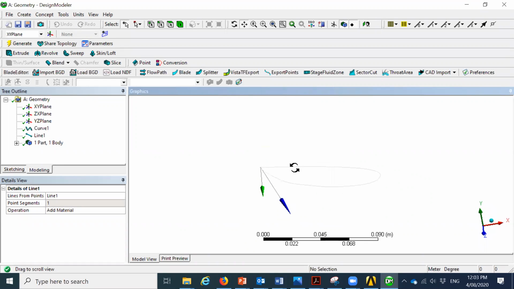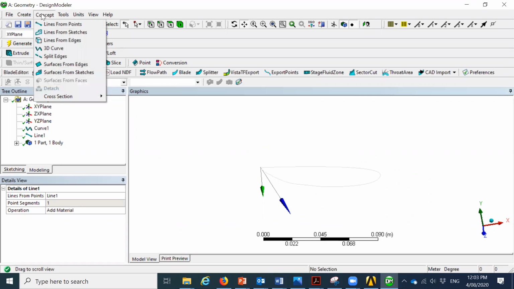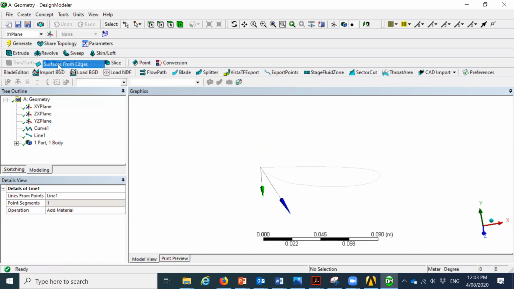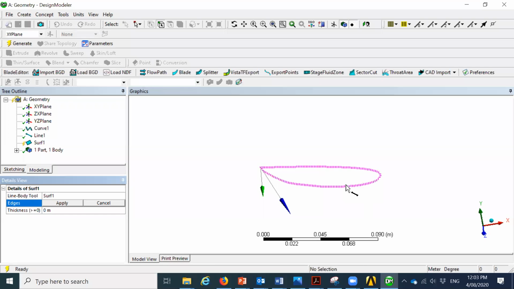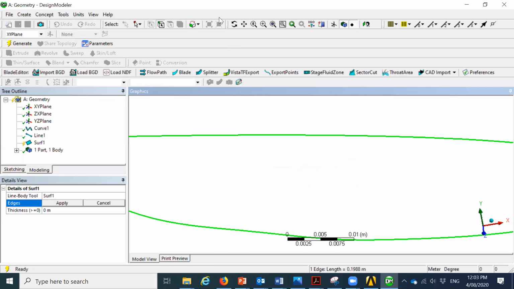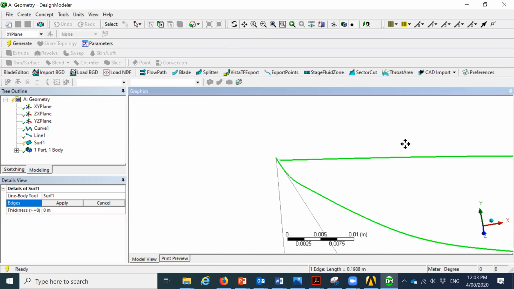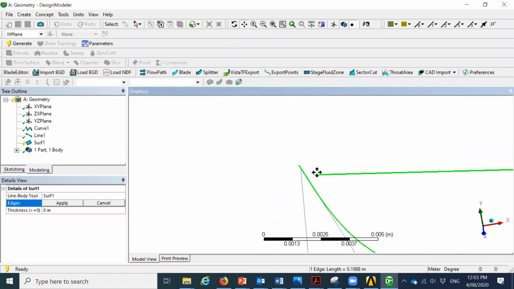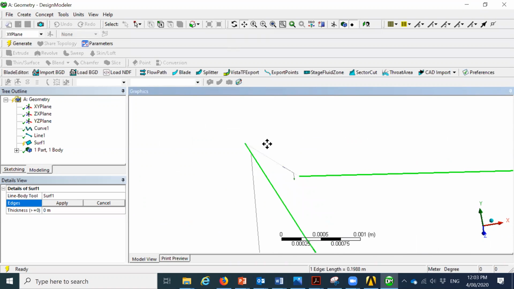Now what we need to do is create the surface from this profile. So we'll go to Concept and we will create Surface From Edges. We have the edge. So click on Surface From Edges. Select this surface. Here we have some separate edges we created previously. So what you need to do is press Control and